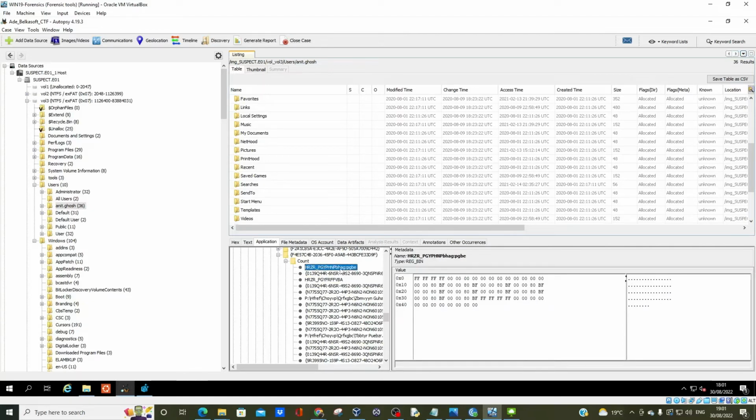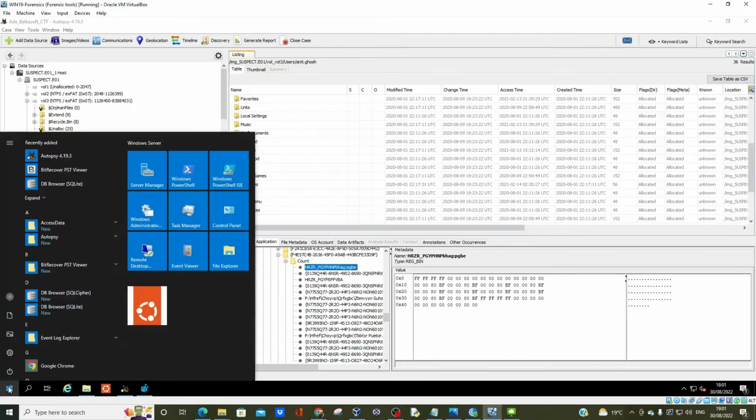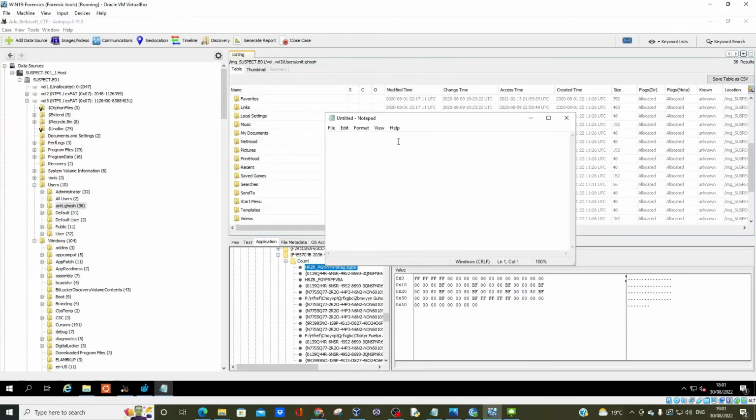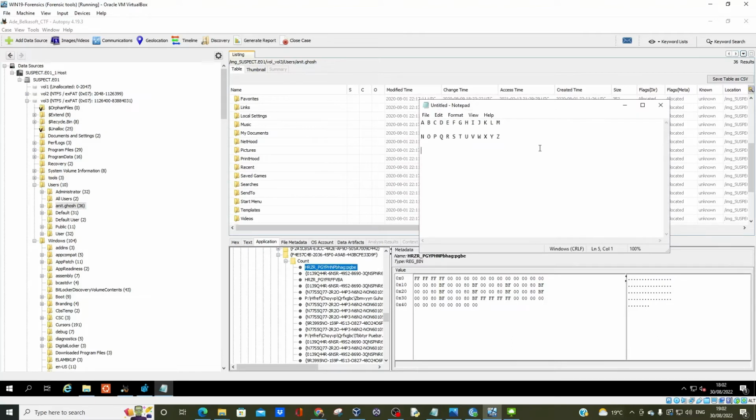Now, how do you decode ROT13? Let's just open Notepad. How do you decode ROT13? This is how I do mine. A, B, C, D, E, F, G, H, I, J, K, L, M. That's the first 13. Space. N, O, P, Q, R, S, T, U, V, W, X, Y, Z. Right, what are we looking for? So our word is